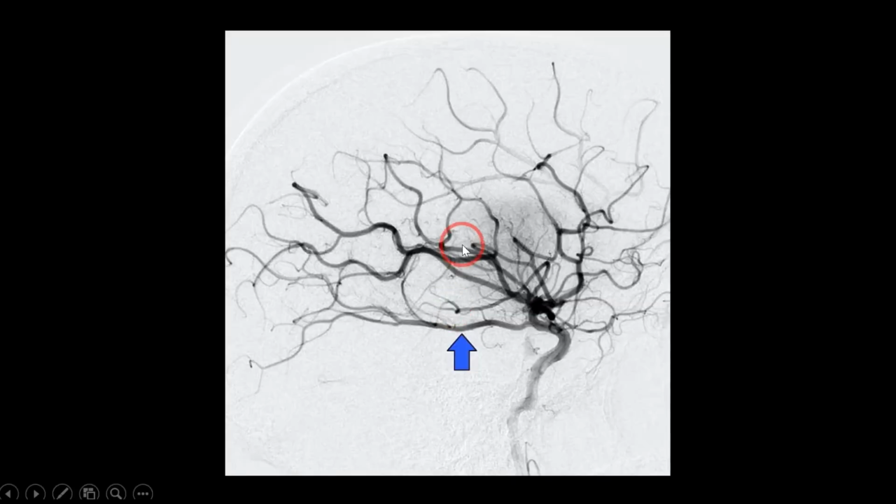This is not the angio of the same patient, but I am showing a representative angiogram of a fetal PCA. This is the internal carotid artery, and the first artery which goes posteriorly, a large artery, this is the posterior communicating artery which is continuing as the posterior cerebral artery. It's a large artery, and this is the main supply. This is called the fetal PCA, fetal posterior cerebral artery. So just imagine, if this carotid is occluded, the posterior cerebral artery obviously can get occluded. The thrombus, any embolism from here can go into the posterior cerebral artery also.